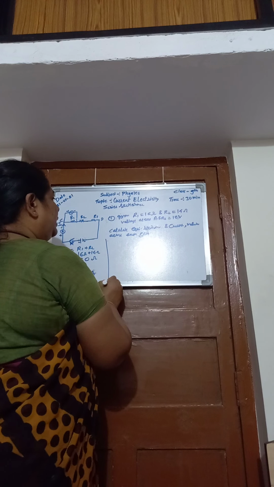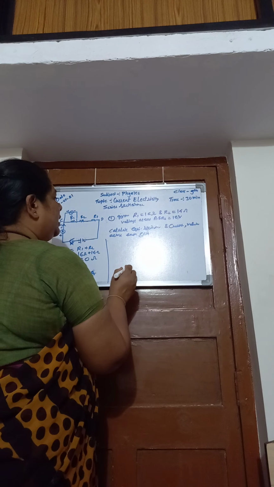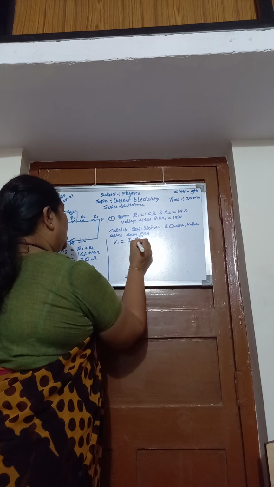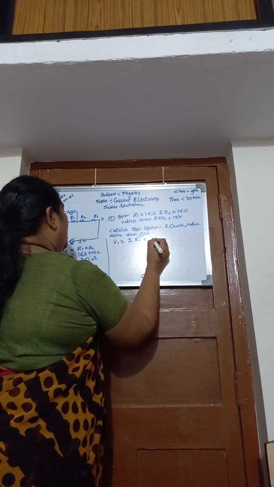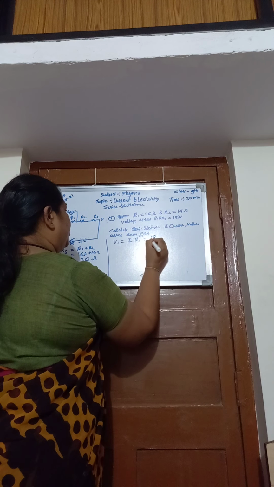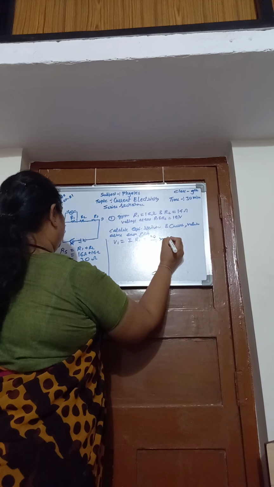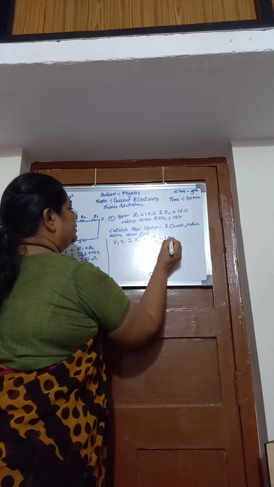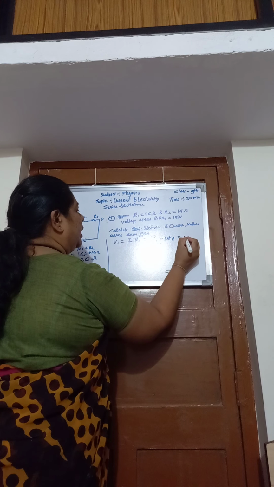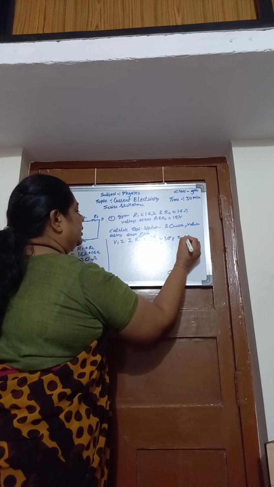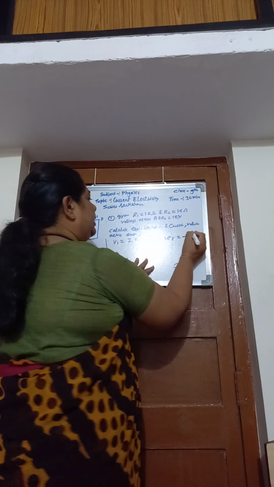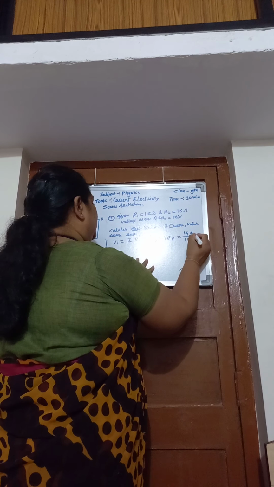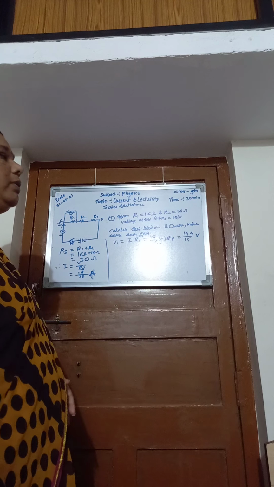Then we have to calculate voltage across this resistance. We have to calculate V1. V1 equal to I into R1, I is 18 upon 30 into R1 means 16. Okay, calculate it. 18 into 8, 8 8s are 64. Take 4 here. 8 1s are 8 plus 6, 14. That is 144 upon 15 volt.